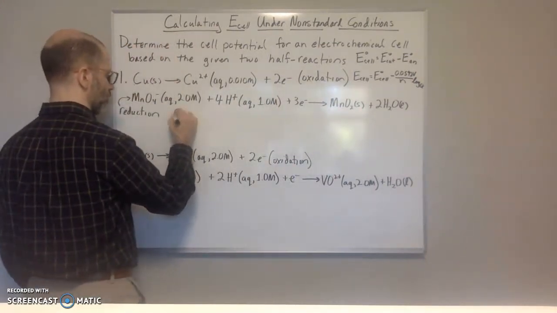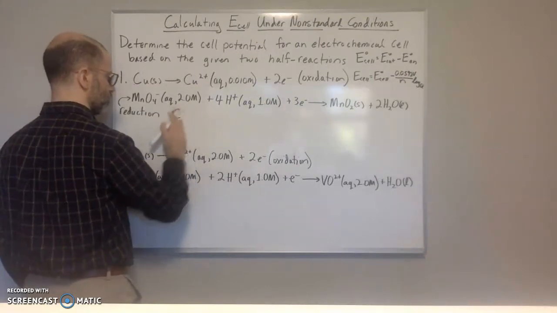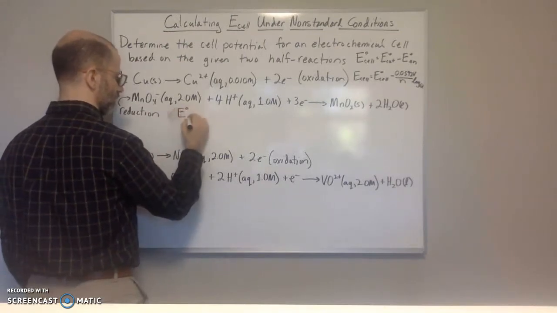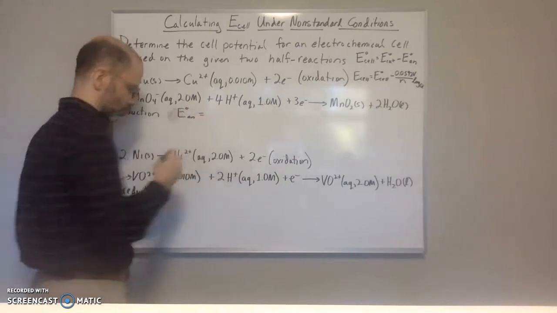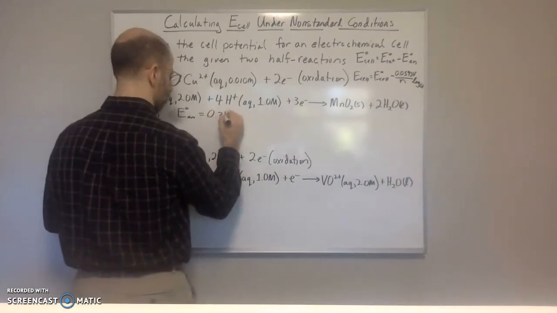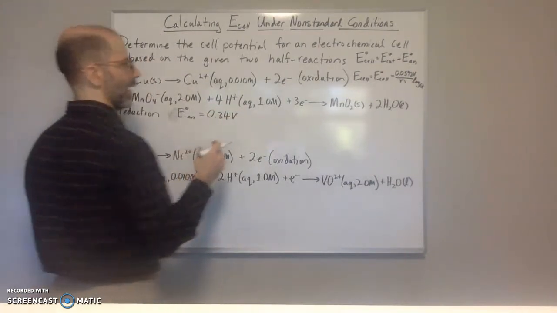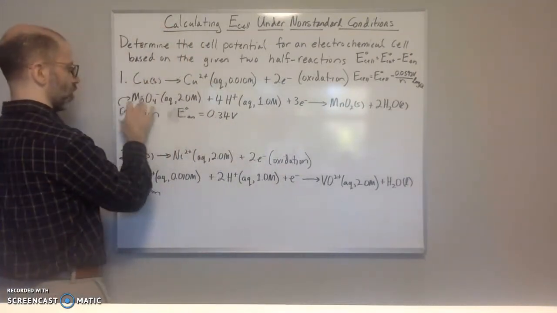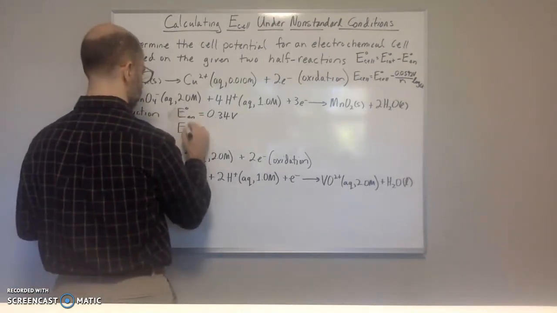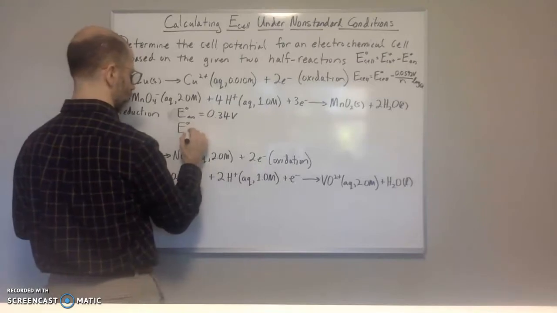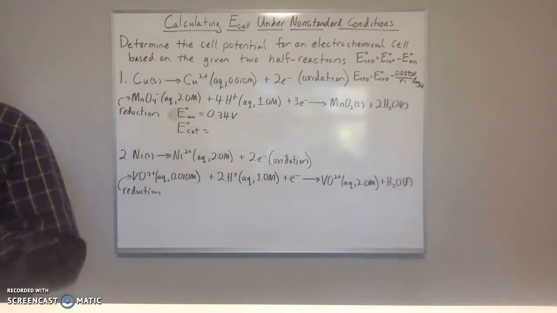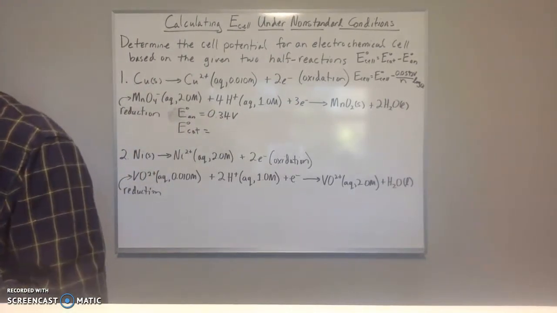So the standard electrode potential at the anode is going to be equal to 0.34 volts. And at the cathode, which is where reduction is occurring, the standard electrode potential for this reaction, if we look that up, is going to be